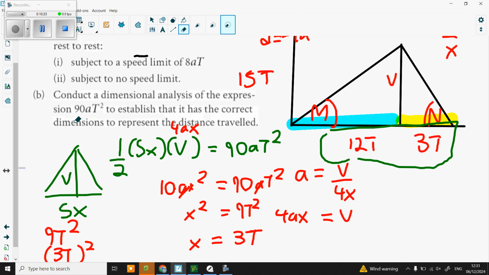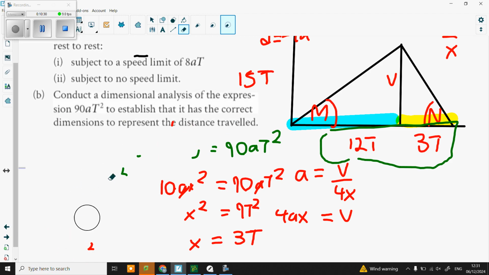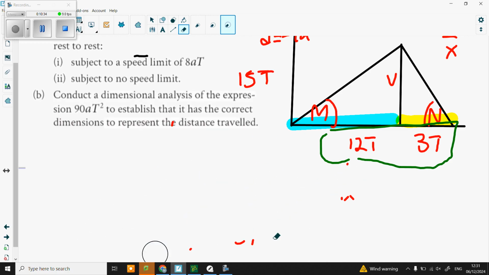Conduct a dimensional analysis to have a look at 90t squared to see if it has the correct units, is basically what we're looking at here. And here's what I'm going to do. I am going to do,